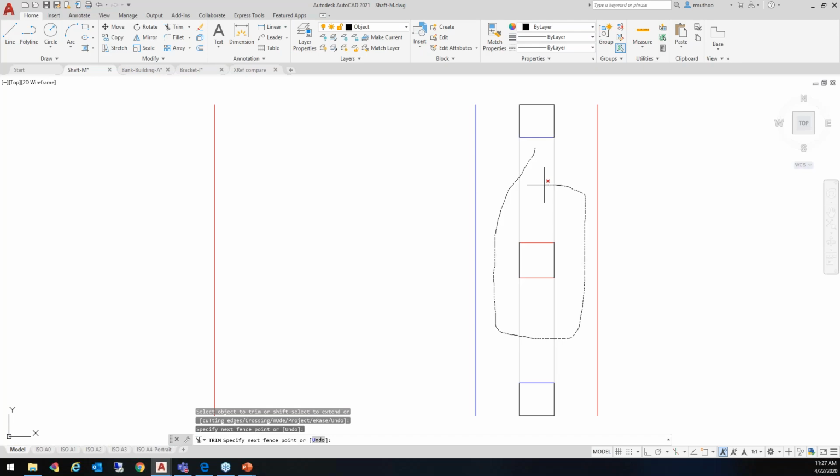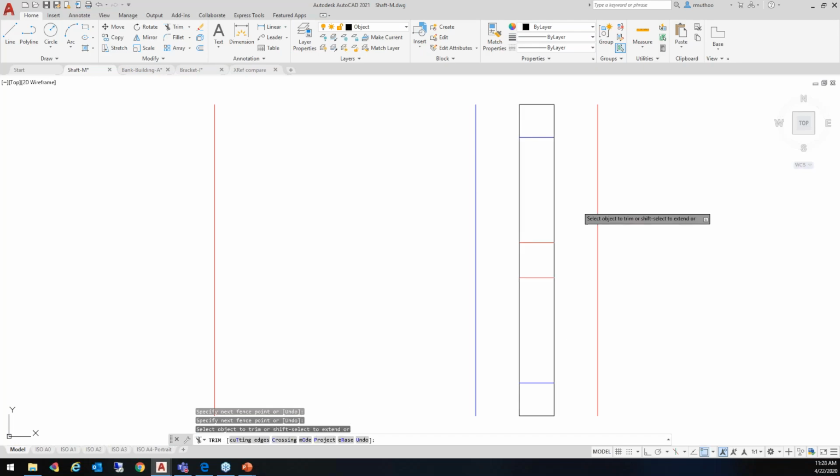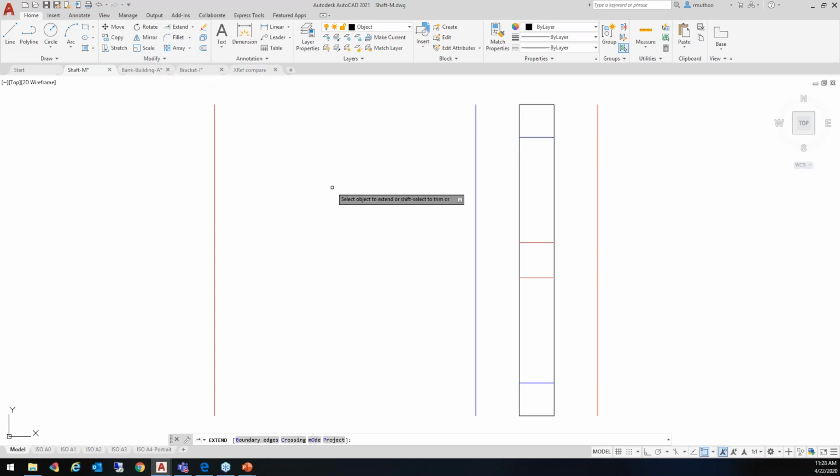So that's the freehand option, which can come in handy a lot of times because you don't have to go and click on all the 4 lines in a single while holding the mouse button. You can just go over whatever you need to trim. So we can do that. So Control Z. Then similarly for the extend command, once we invoke the extend command, it will select the boundary